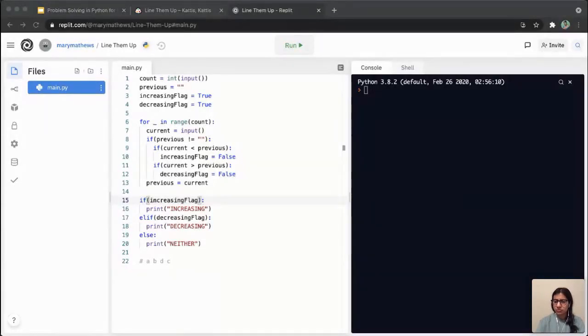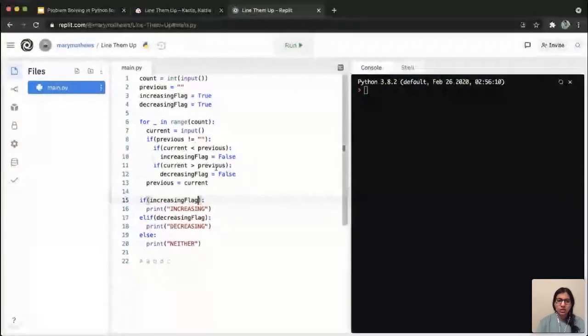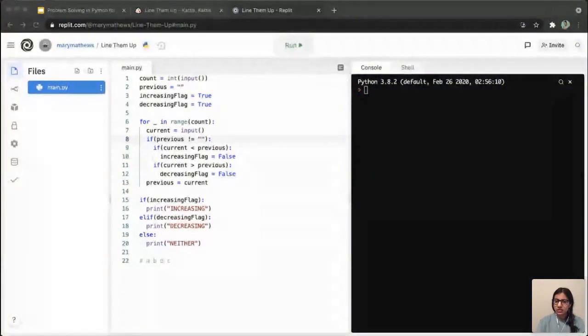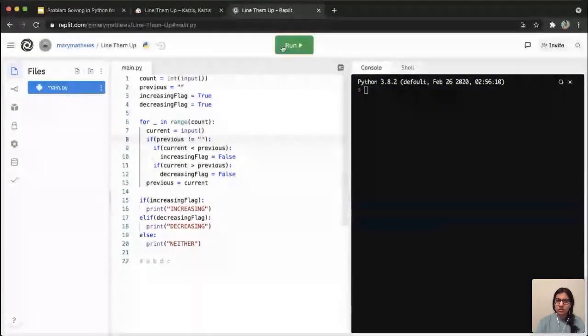Okay, what is the use of previous and what is the use of not equal to? Not equal, exclamation equal to, means not equal. You've seen this double equal, which means are these two things equal? No, exclamation equals is the opposite of that. It means not equals. Okay, I will run this also once.